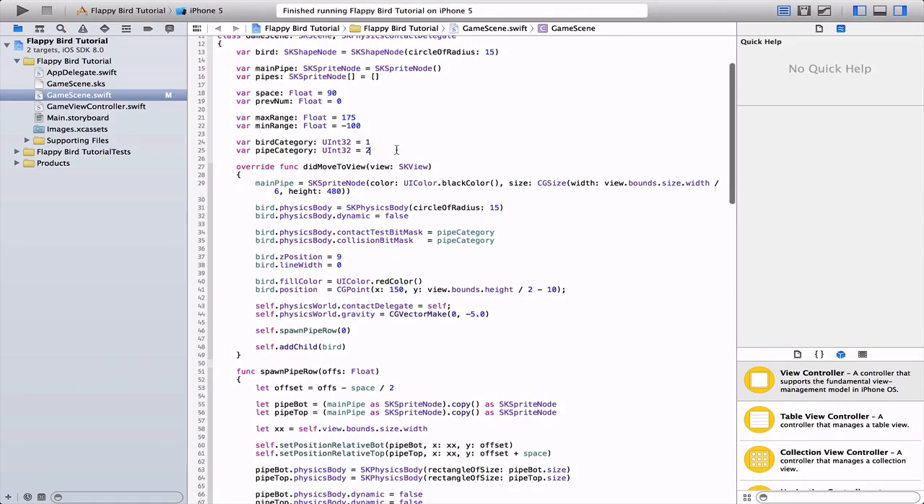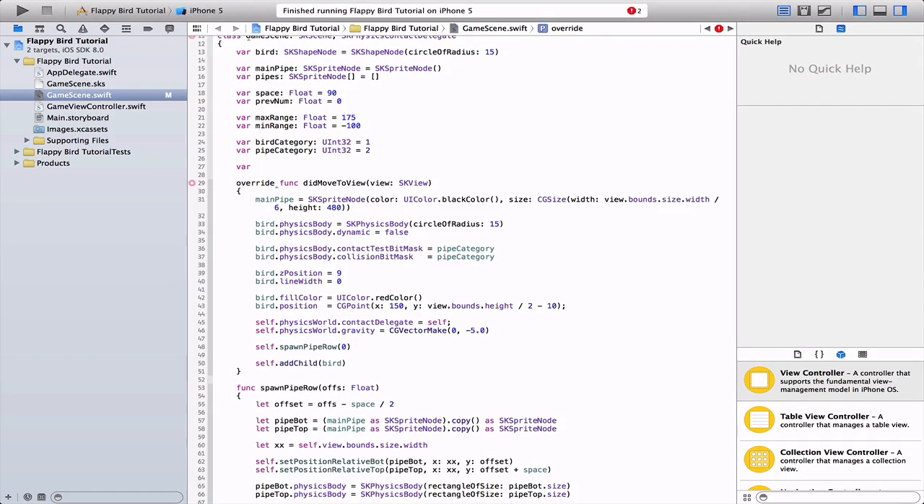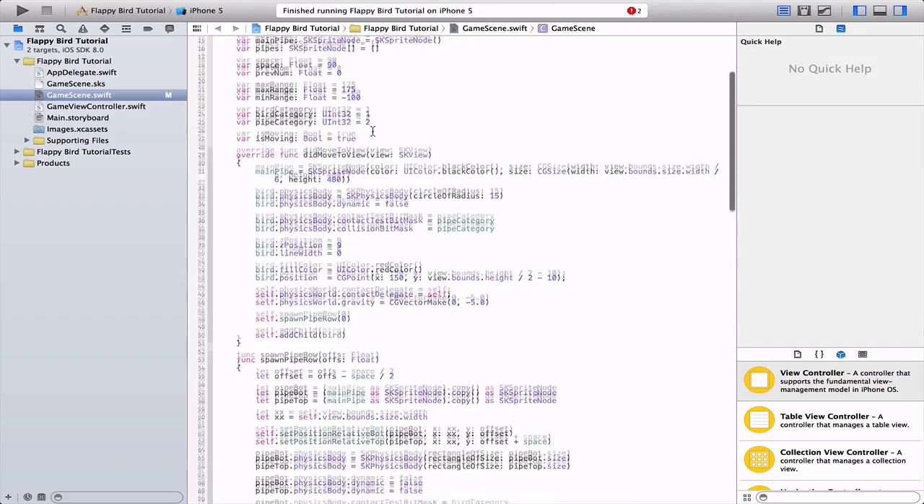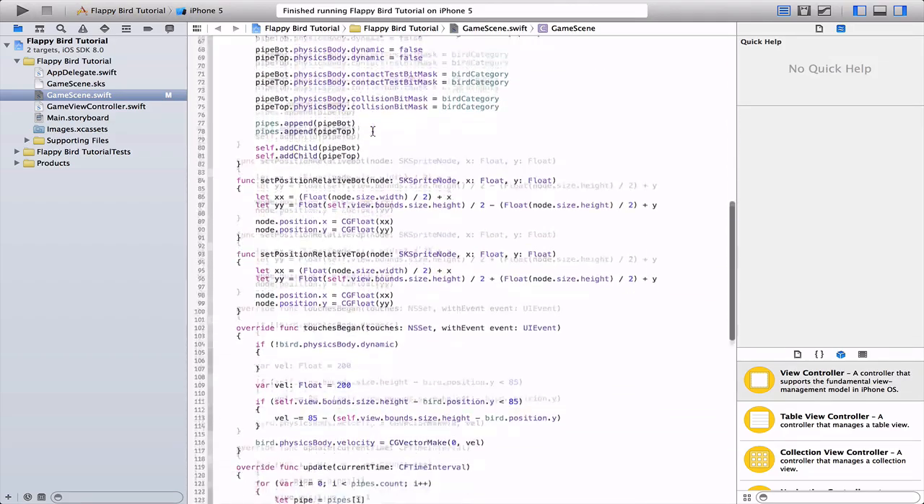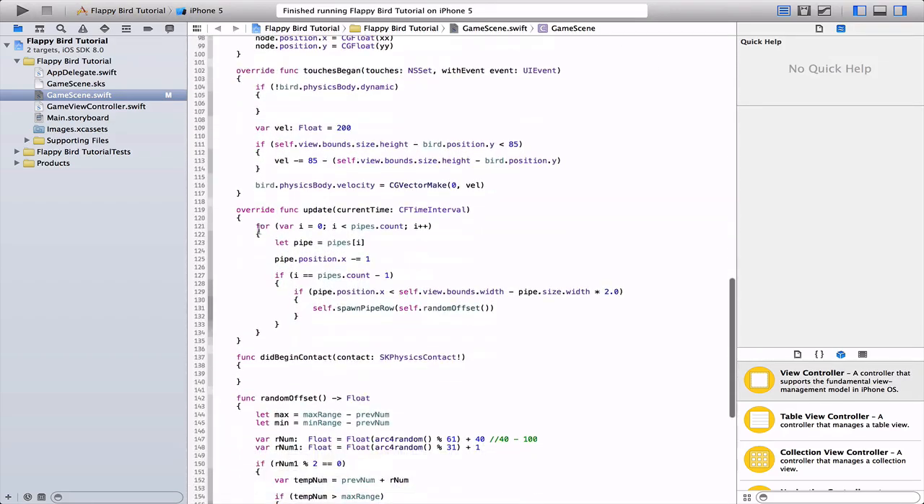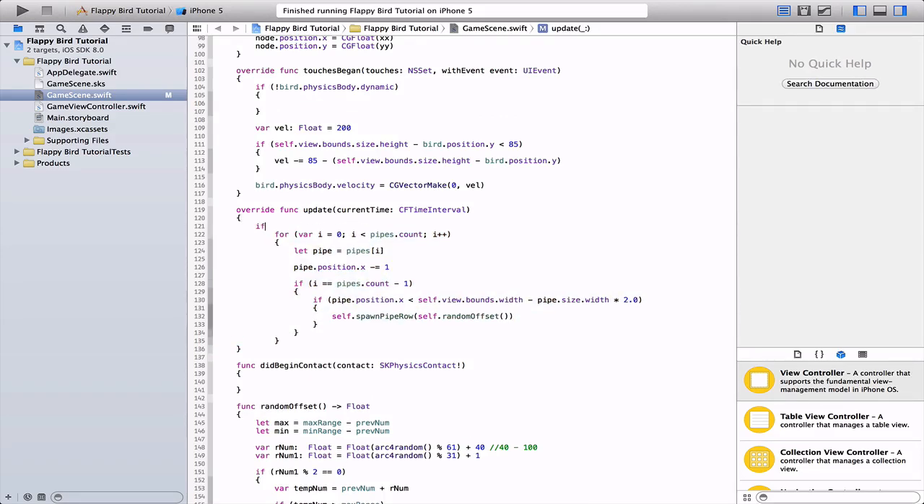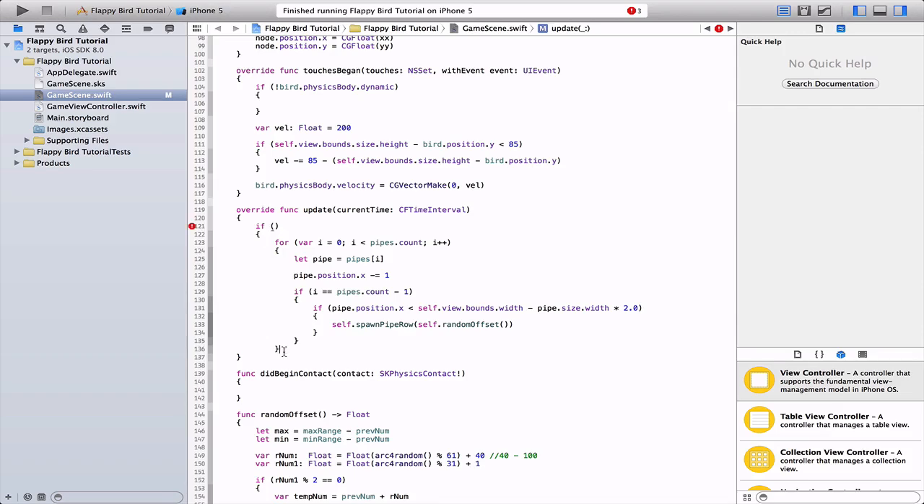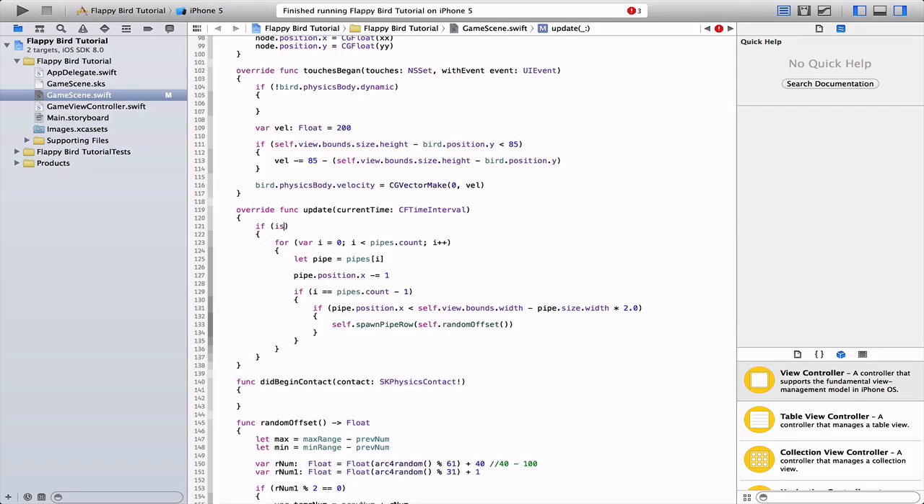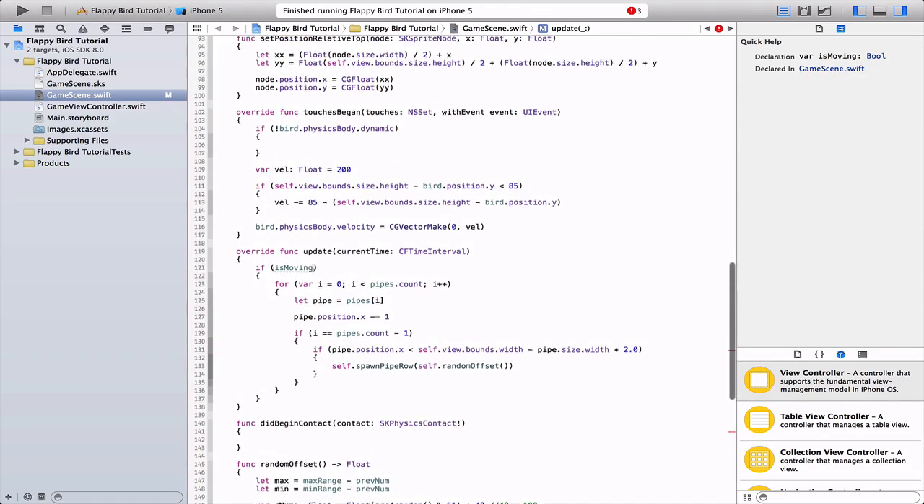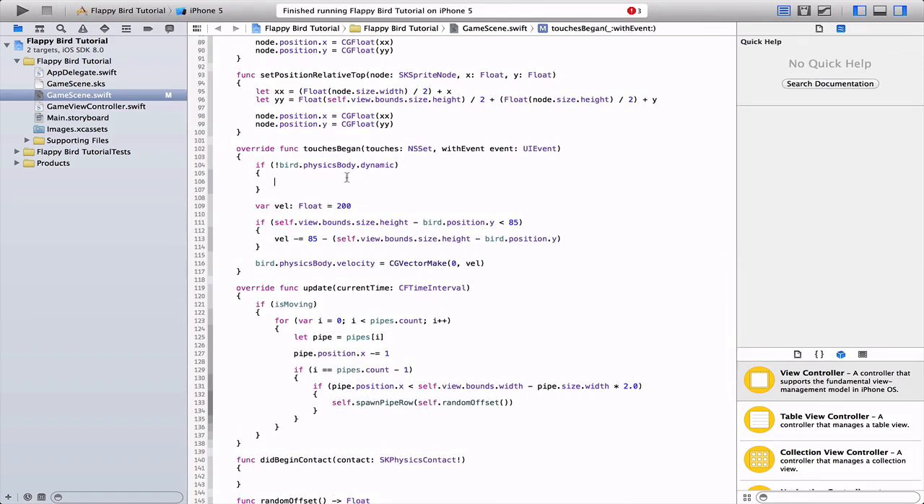So let's add a new var. Var isMoving equals true, and let's go in here, shift that over. If isMoving, then we can do that. So then we do in here isMoving equals true,